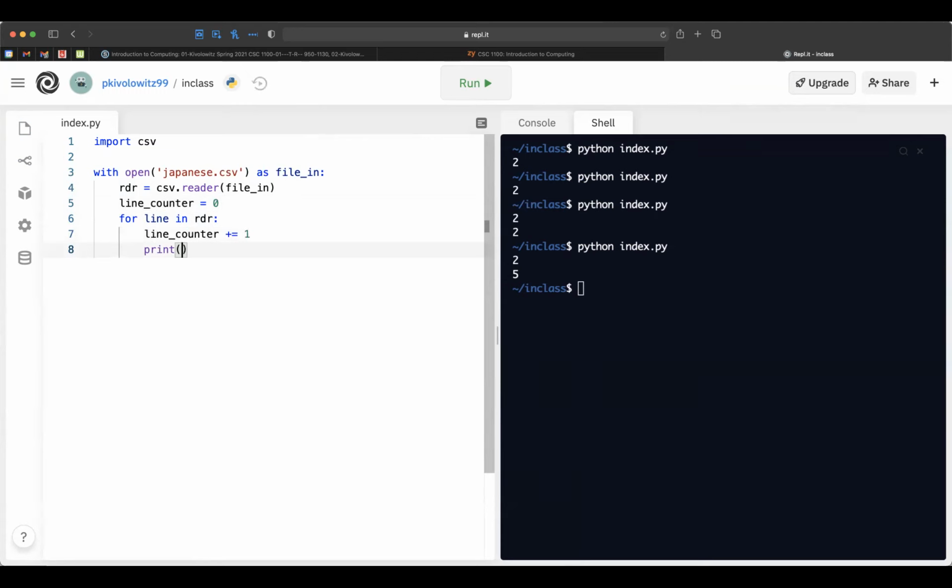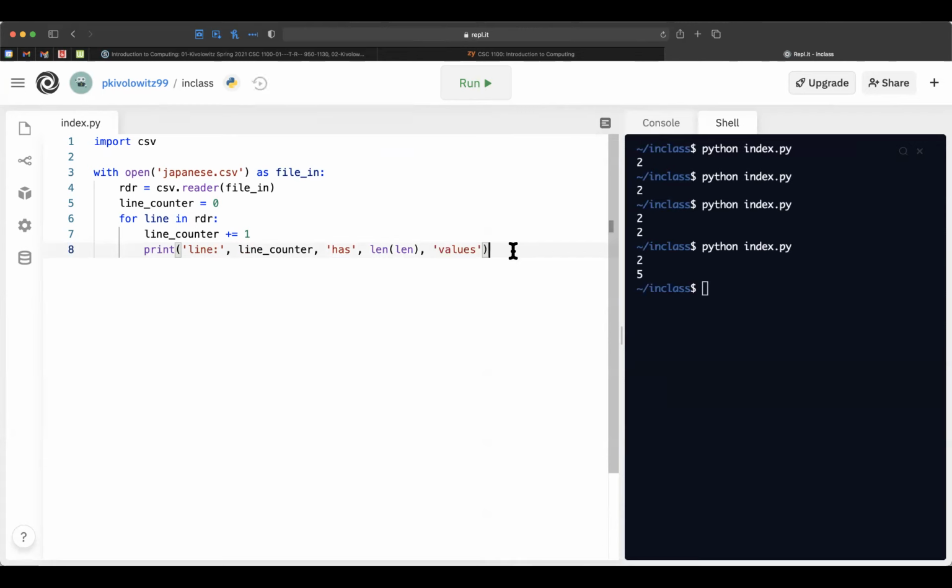And we'll say print line counter has the length of the line values.